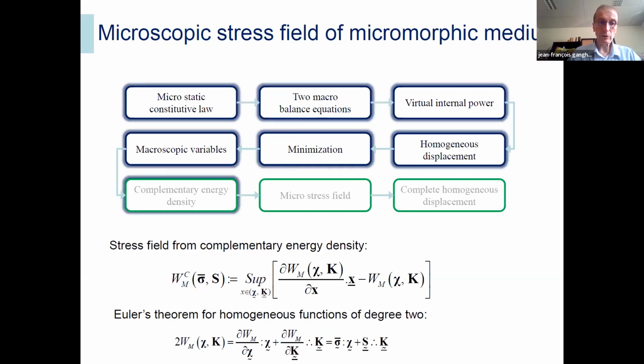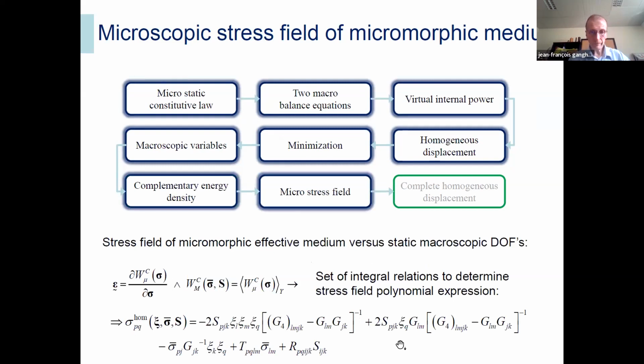Then I'm using a new argument which considers the complementary energy density. So complementary energy density is a Legendre-Fenchel transform of internal energy. It satisfies, of course, Euler theorem for homogeneous functions of degree 2. So this relation. And similar to what I did before, I will use these now kinematic relations to determine the polynomial expansion of the stress field. So I will relate the microscopic Cauchy stress to the macro static variables of the micromorphic continuum. So I'm writing a set of integral relations. And after